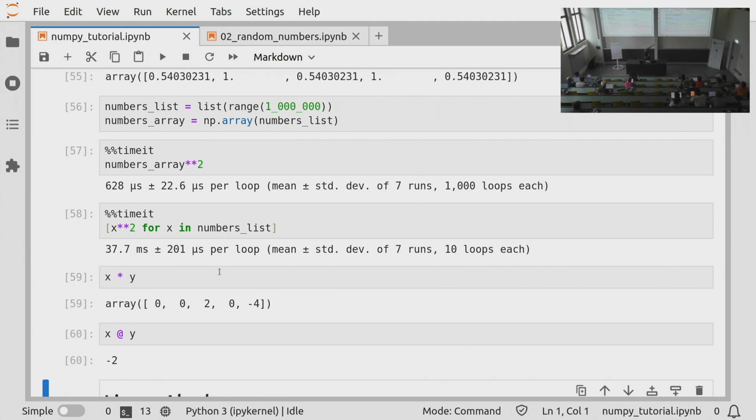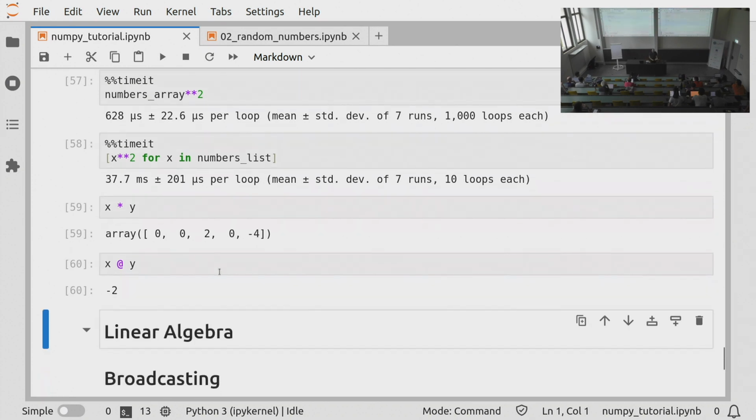So you can see here -2 is the same as, if you look in the line above, 0 plus 0 plus 2 plus 0 minus 4. That ends up being -2. But if we're having matrix times vector or matrix times matrix, then this actually turns out to be the matrix multiplication. We'll see this soon, but just as a quick example,